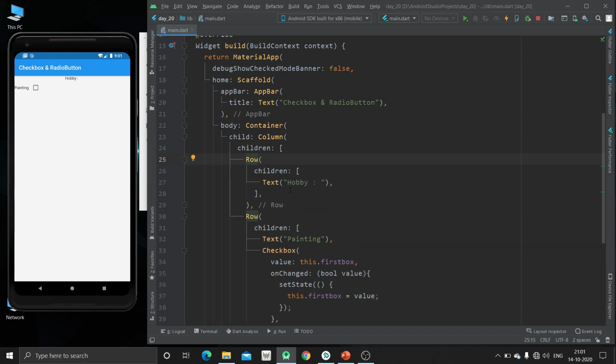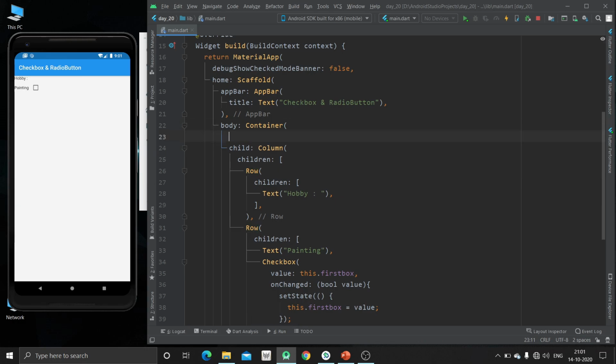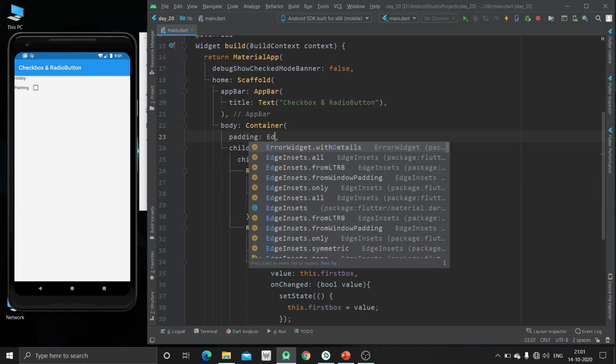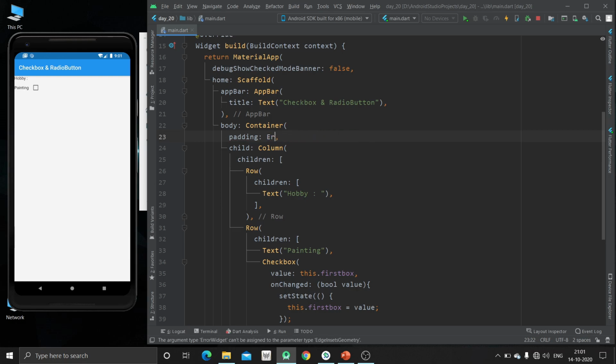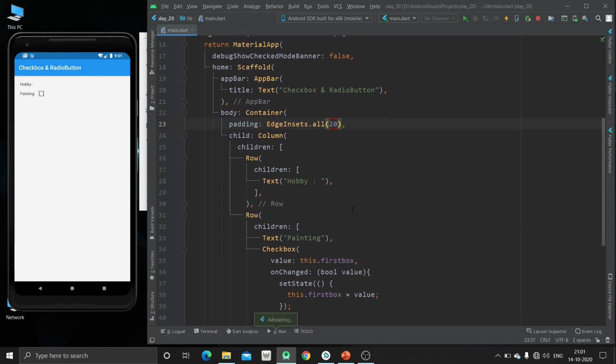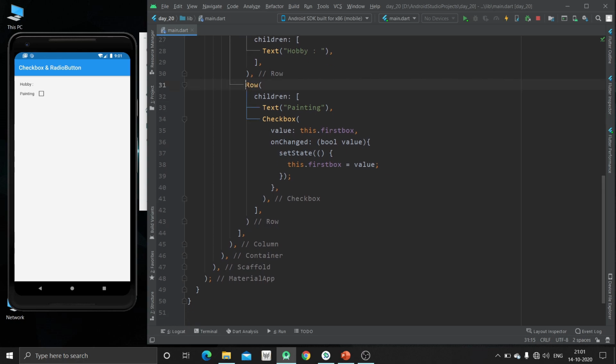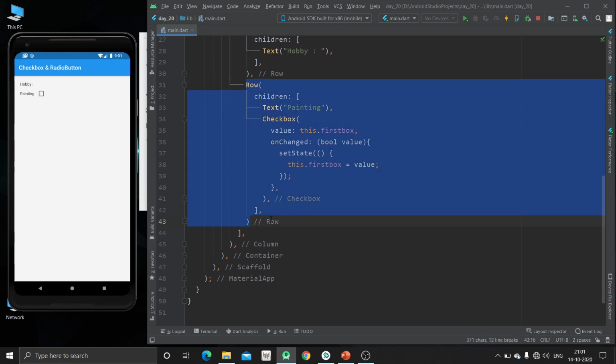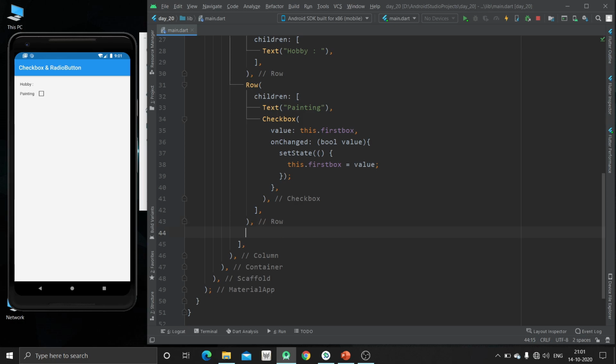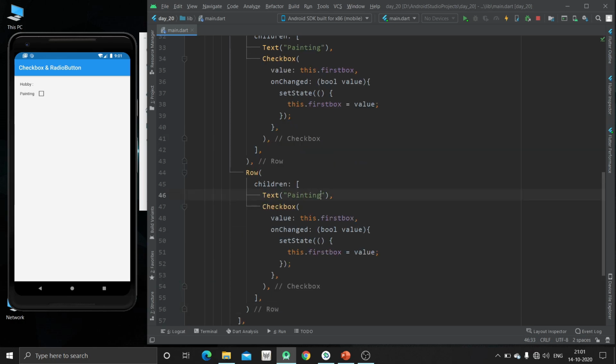The first row will be having hobby. Now just give some padding. Just hit Ctrl and S. Now the first hobby is painting. Similarly, we will create multiple rows for the hobby. So second one can be singing, dancing, or anything.